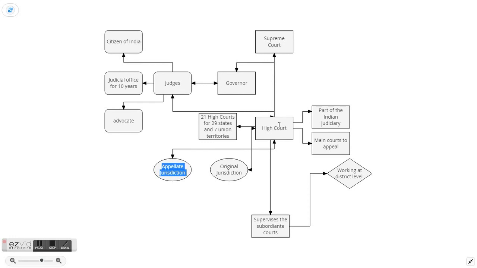And the high court can hear election petitions. One more important role of a high court is hearing election petitions in its original jurisdiction, challenging the election of a member of parliament or state legislative assembly. And high courts hear appeals against the judgment of the subordinate courts. In civil cases, appellate jurisdiction extends to all such cases.